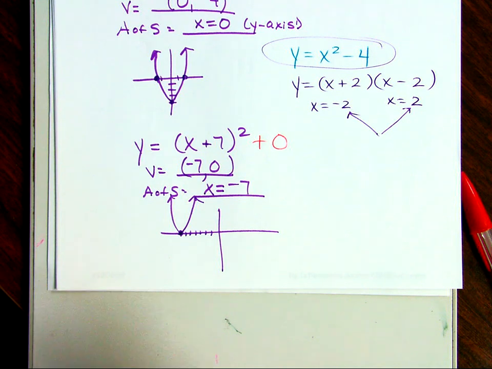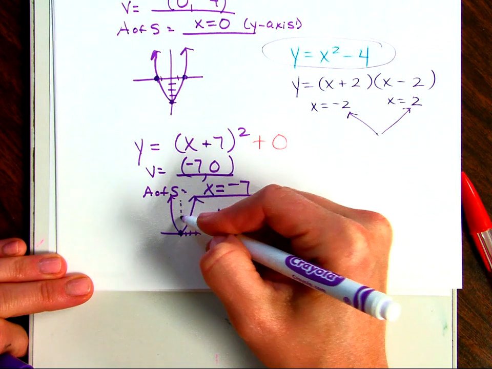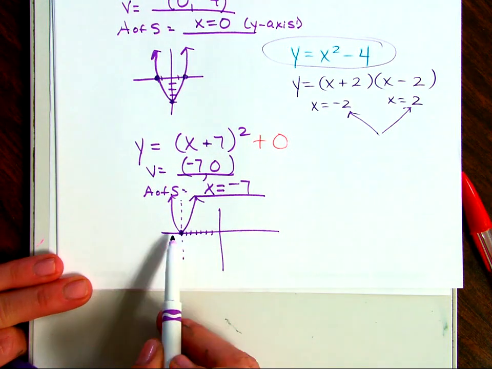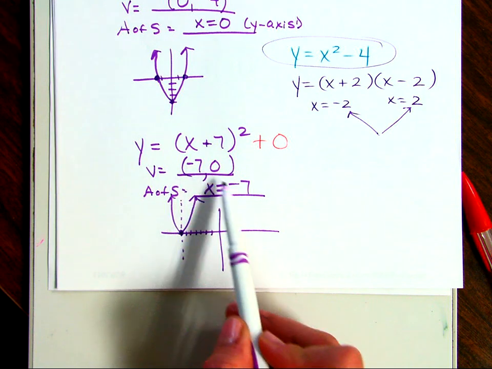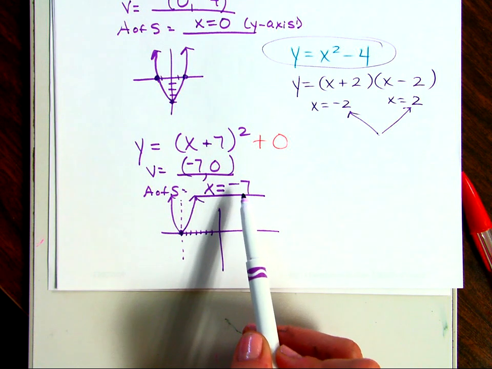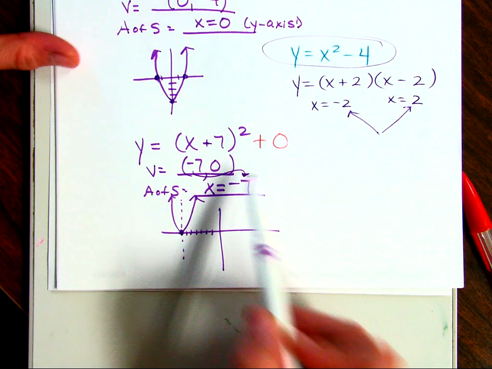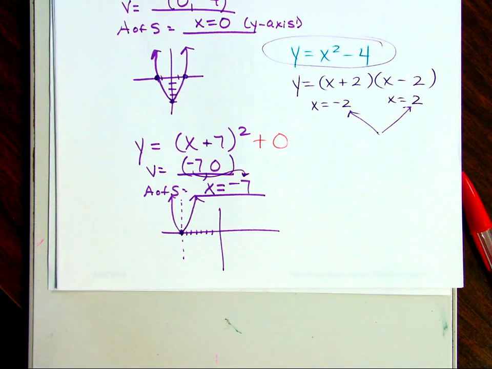Yeah. How do you find the axis of symmetry? Oh, you know what? Let's do this one. The axis of symmetry is easy. It's basically whatever your x coordinate is. So if you're saying that x is -7, then that's your axis of symmetry. It's -7. So whatever that x value is, okay? All right. Good on that? So let's do